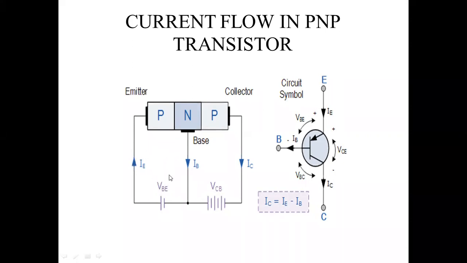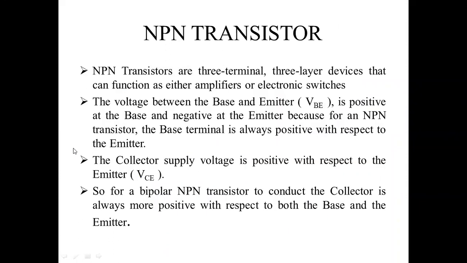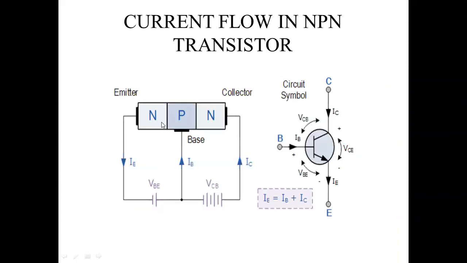Emitter to base only we have to do here now. So emitter to the base, the direction should be same here now. Previously for the NPN, base to emitter current flow was there, you know? Yes, sir. For the NPN here, base to emitter direction is there, base to emitter, yes.